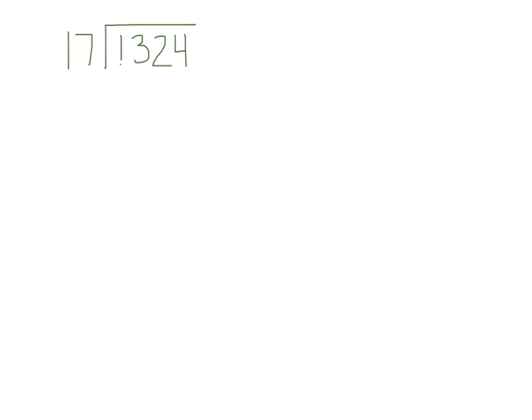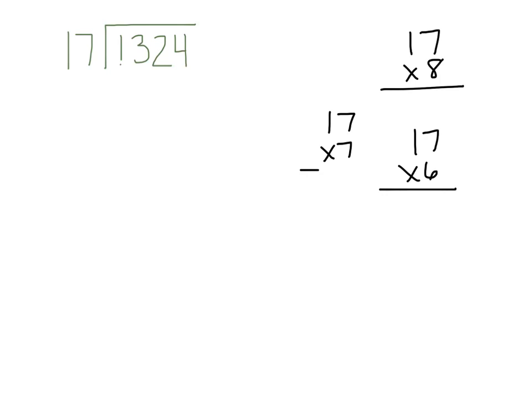Let's take a look at this. It's a little bit trickier because there's a double digit that we're going to have to multiply with. Right now I have to ask myself, what times 17 would be 132? I tried a number of choices. I did 17 times 8. It was too high, so I tried 17 times 6. It was too low, which made me think 17 times 7 might work, and 17 times 7 did give me